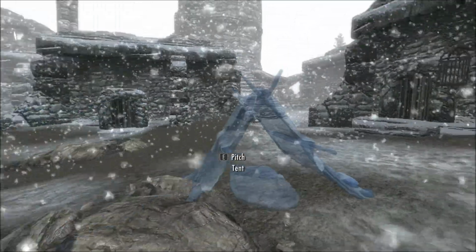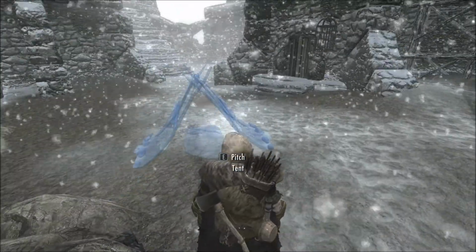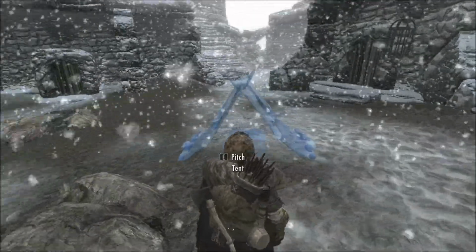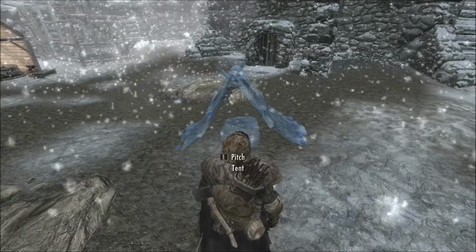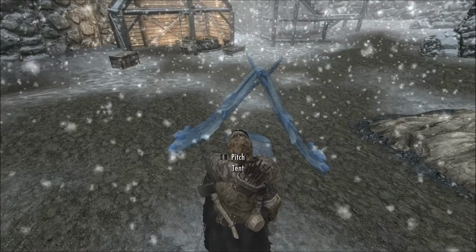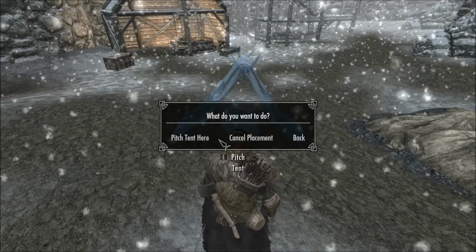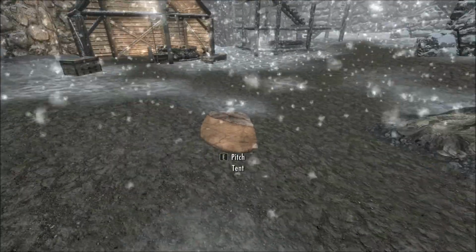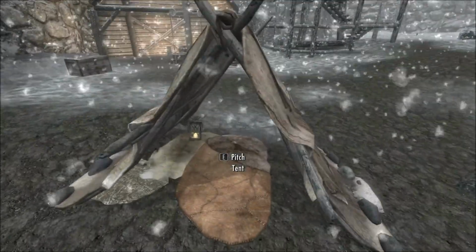Now this must have taken a lot of mathematics, because you'll see that it conforms to the land around it. So you can put it there. I can put it, see, it's taking into consideration the land itself. So why not, let's put that right there. Click pitch tent here. You'll see a little animation where the bedroll and then the rest of the gear shows up,